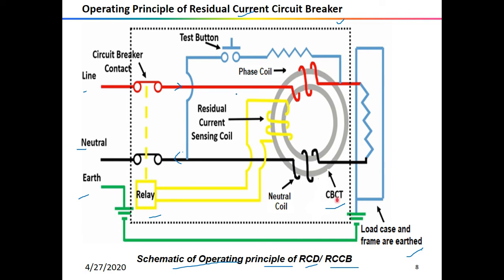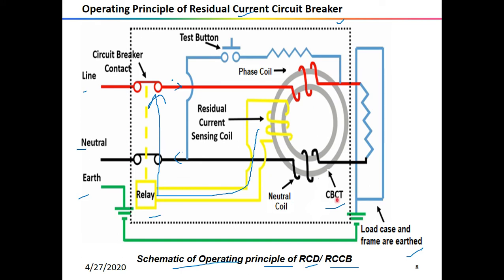So the residual current will pass through the signal coil, follow this path and go to the relay, and from the relay it will go to the circuit breaker contact, and the information reaches here. Since the tripping of the circuit is driven by this residual magnetic flux, the net effect between the flux of the phase and the neutral coils, it is called a residual current device. Whatever the difference of current is, it will give a signal through the relay to the circuit breaker.